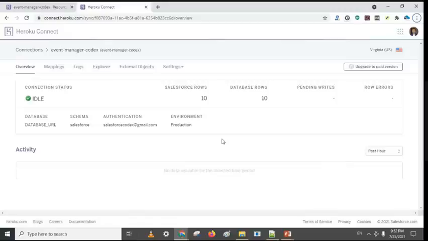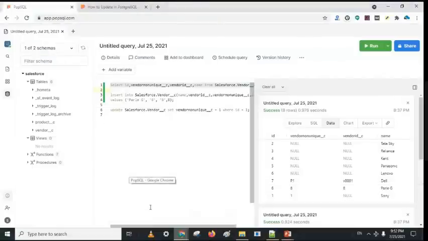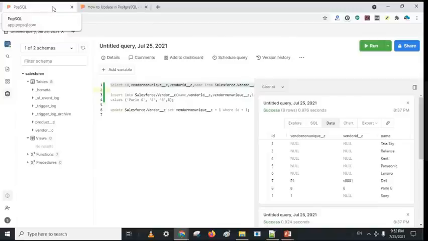By default, the Heroku database does not support SQL activity right now. For that, you need to use the CLI. Instead of the CLI, I want to go with another tool or app that gives SQL support. So right now I have used PopSQL, which supports all operational activities, insert, update, delete, for the Postgres database.